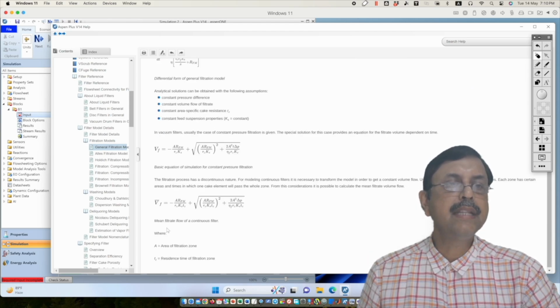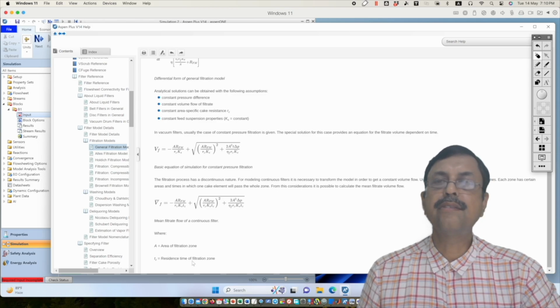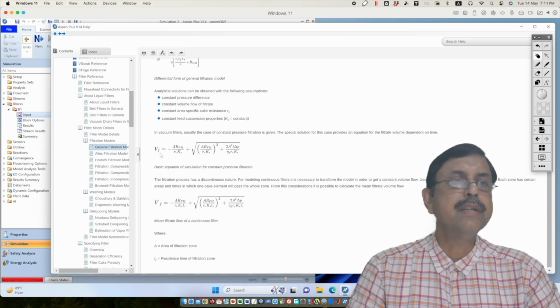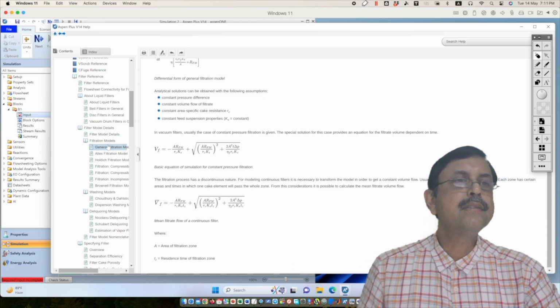If you want to find the mean filtrate flow of a continuous filter, then this is the mean filtrate flow. You will find a term Tz over here, which is the residence time of the filtration zone. That's how you calculate the volumetric flow of the filter. So this is the general filtration model,